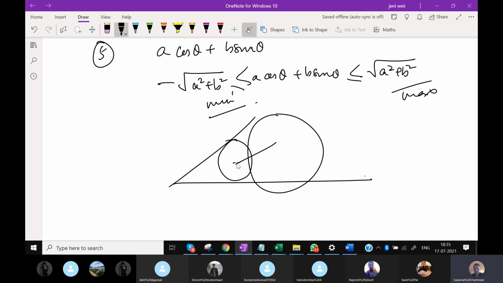Join the two centers and draw this triangle. This would be R plus r, this would be R minus r, and this would be 2 root Rr. This angle will be half of this angle. If this is theta, this is 2 theta. So that means go with sine theta, which would be (R minus r) by (R plus r), where capital R and theta will be given to you. You have to calculate my small r. This is the technique of doing circle with circle.